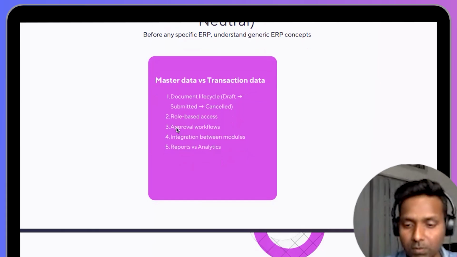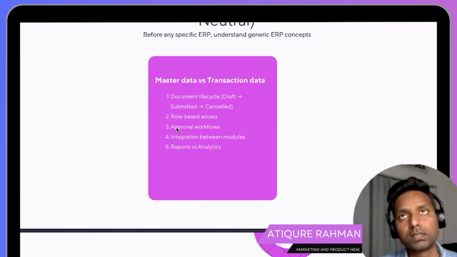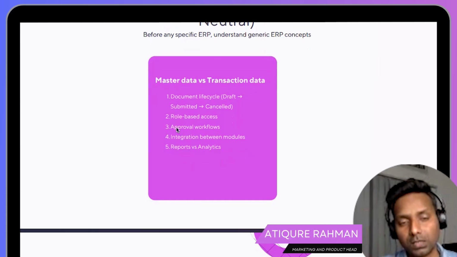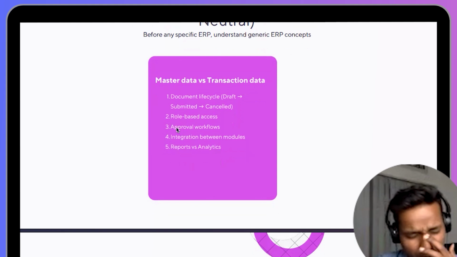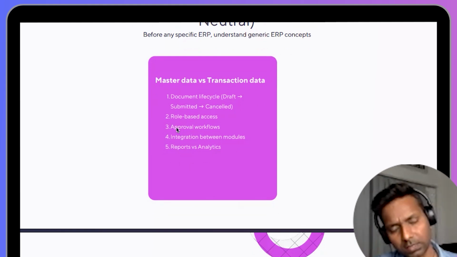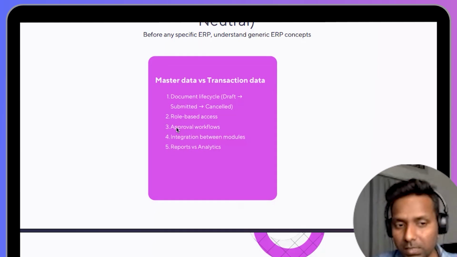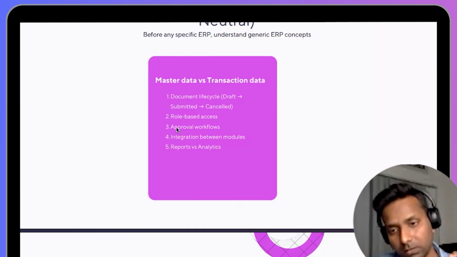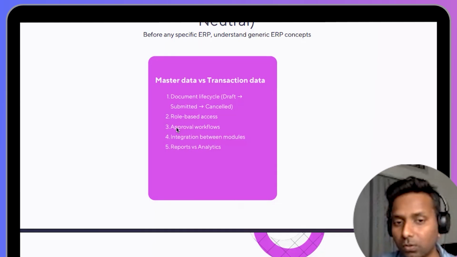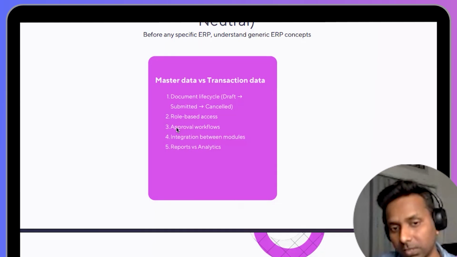Some conditional approval workflow. Suppose the customer has said to you, the ERP consultant, that for this particular customer, whenever there is a credit billing, it should be sent for approval. This is called conditional approval. So it is not for all customers but for a particular customer.